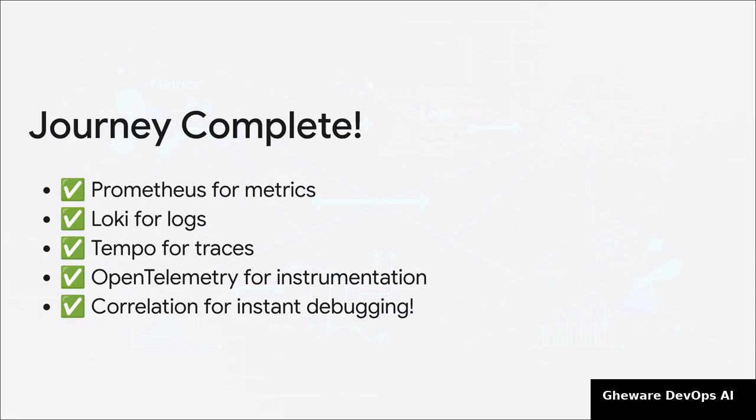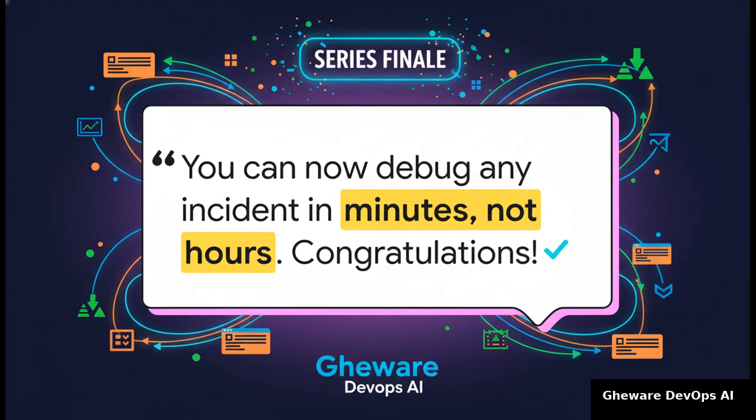And with that, our series is complete. Just look at everything we've accomplished. You've built an entire observability stack: Prometheus, Loki, Tempo, OpenTelemetry, and today you learned the final crucial step: how to wire them all together with correlation for a ridiculously powerful debugging experience. So here's the bottom line. You now have a complete, enterprise-grade observability skill set. You've got the tools, you've got the knowledge, and you can debug pretty much any incident in minutes, not hours. Congratulations on finishing this series. Now go build some amazing observable